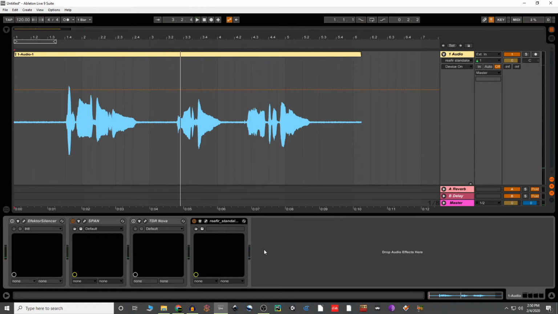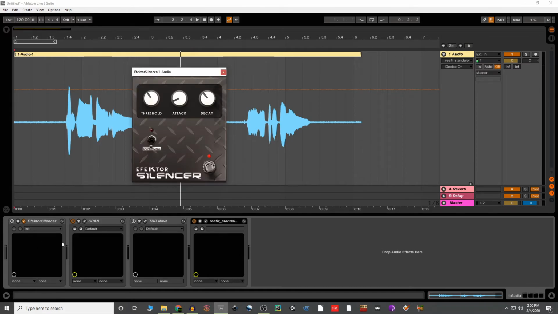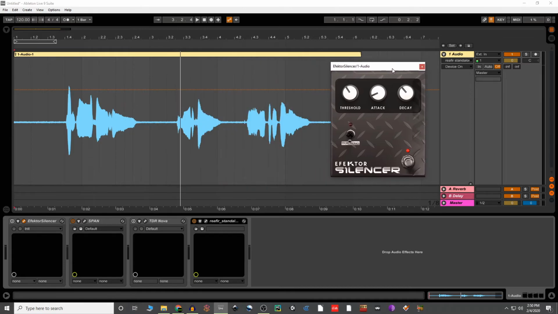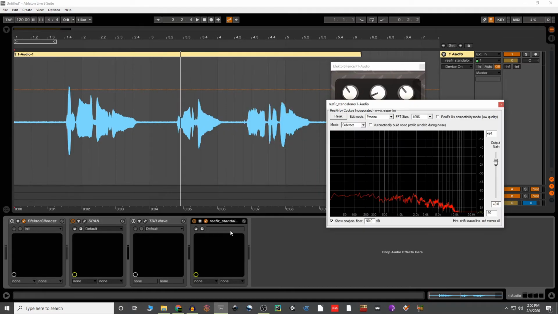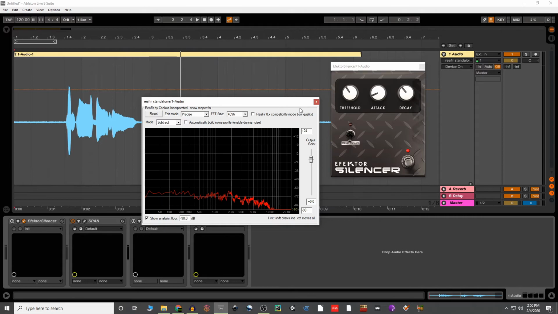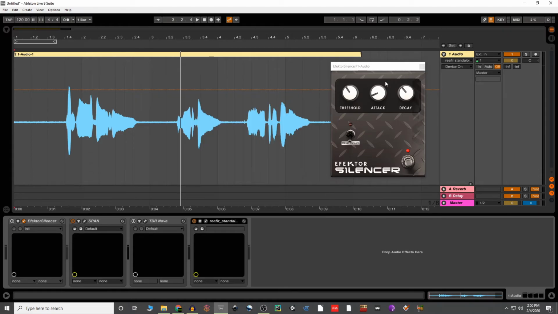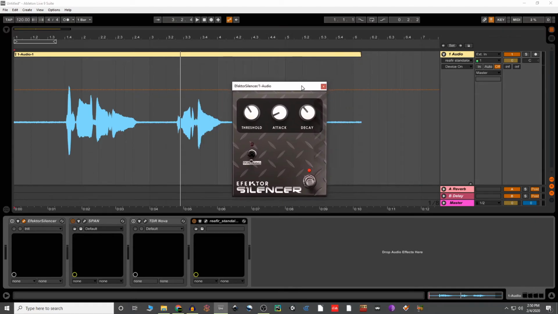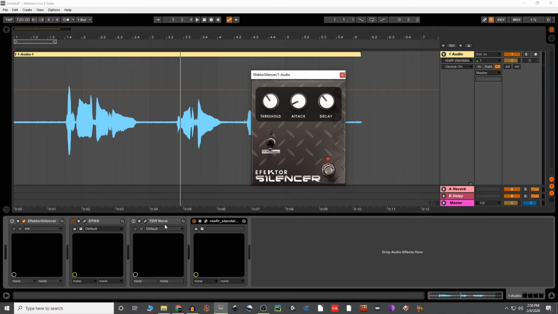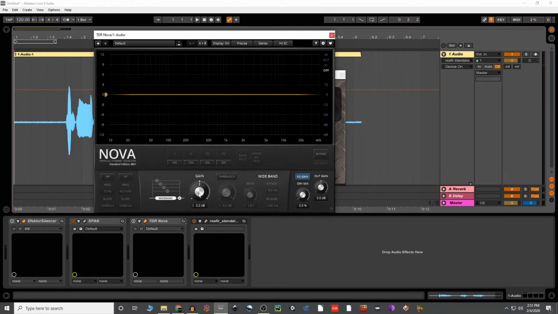So their noise reduction is actually super easy. You can use gates to mitigate it, but if you really need to get rid of quite a bit of noise, you need to gather a profile with some noise reduction plugin, gather that profile, and let it do its job. Because if you want to go the hard way and do it yourself, it's going to take a pretty extensive amount of time, because if you just try to EQ it out,